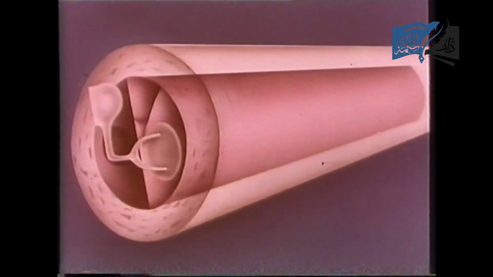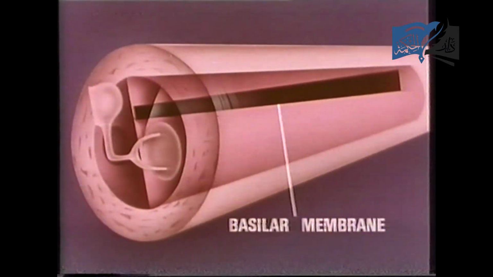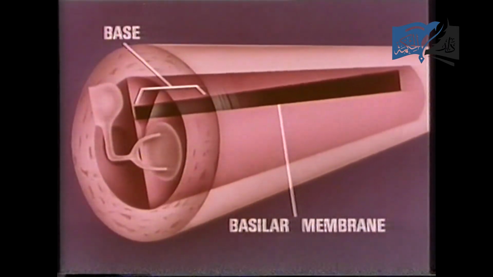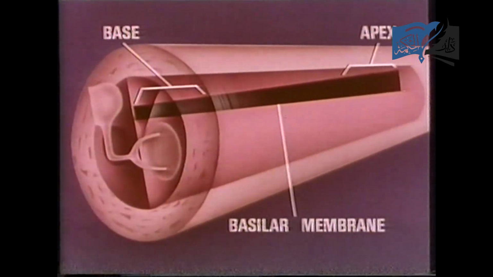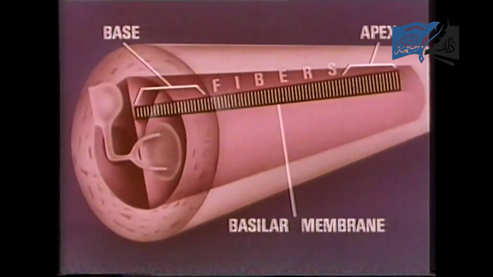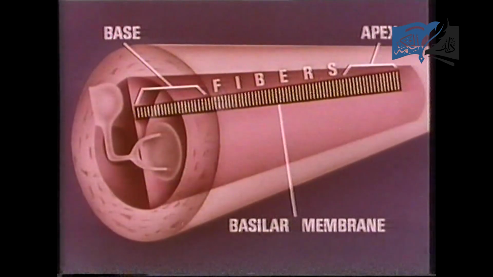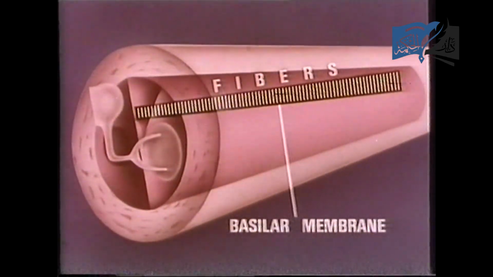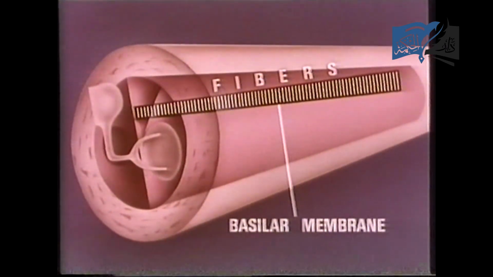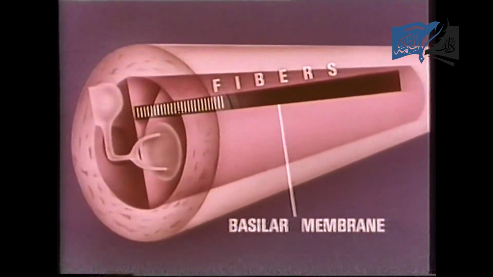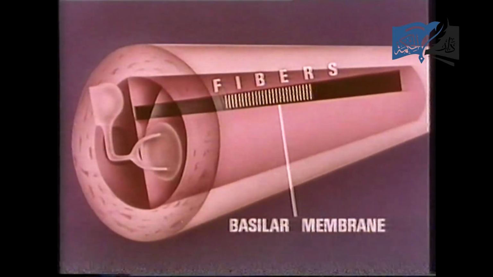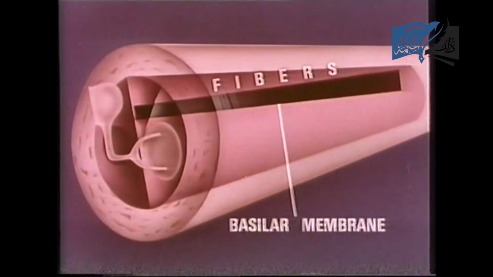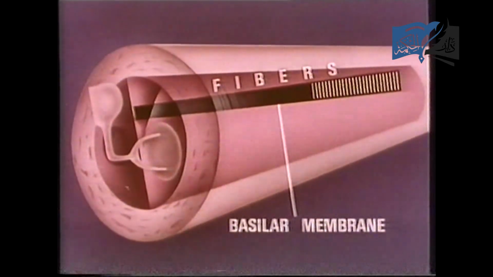If we could unroll the cochlea and its basilar membrane, we'd see that the basilar membrane is narrow at the base of the cochlea and broadens at the apex, or top. Lying on the basilar membrane is a series of fibers, shortest near the base and progressively longer toward the apex, an arrangement like the strings of a harp. One theory is that waves in the cochlear fluid cause these fibers to vibrate sympathetically to the frequency of a given sound wave. The shorter fibers respond to short, high-frequency waves, longer fibers respond to medium-frequency waves, and the longest fibers respond to low-frequency waves.